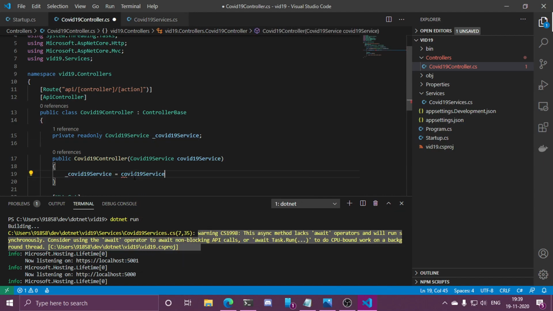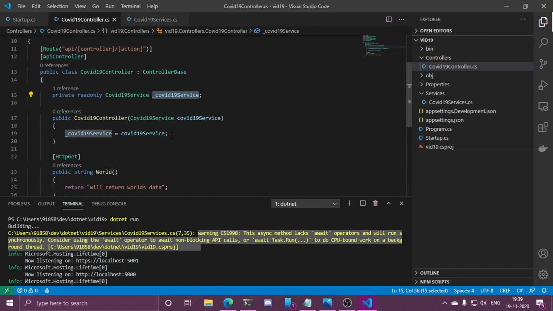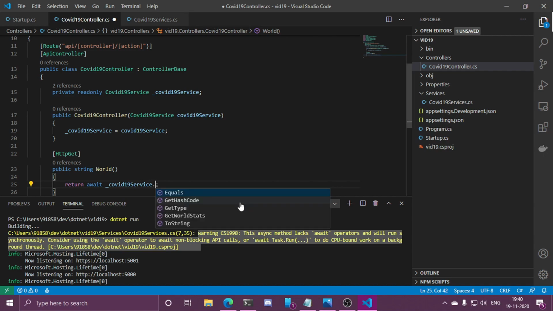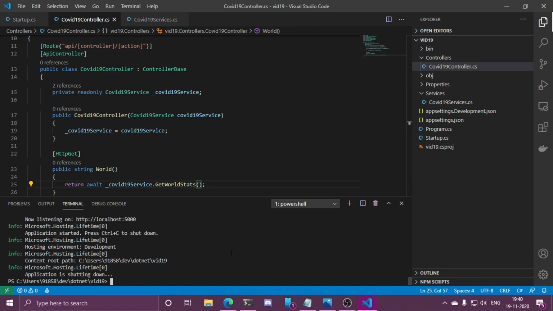So COVID-19 service, and now we can use this COVID-19 service and call the actual method. Since that was an async method, await, then COVID-19 service, then get word stats, and let's see if this stuff works.